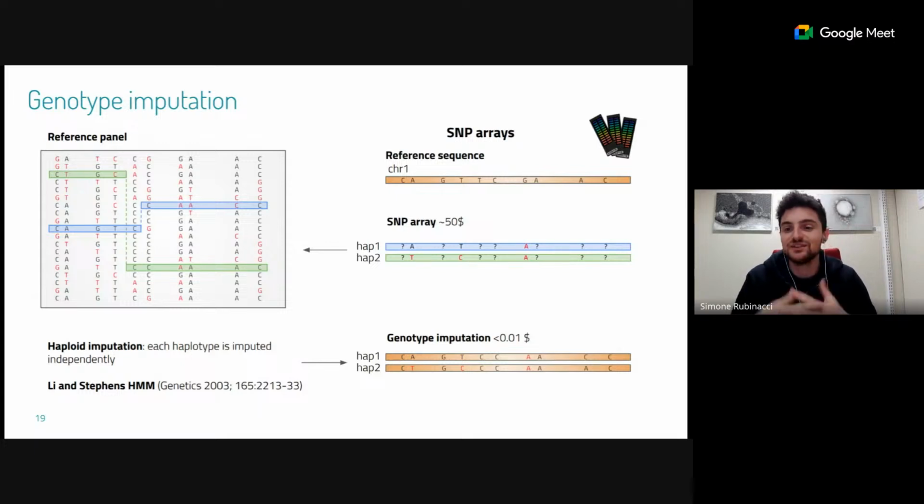To do that, genotype imputation is probably the most common scenario. Genotype imputation is a technique used to infer ungenotyped variants, specifically in SNP array data, by leveraging haplotype sharing with larger whole genome sequencing cohorts, such as the UK Biobank I've been showing before. By using this as a reference panel, we can predict genotypes we don't see in our data. The best-known methods to perform genotype imputation are all based on the Li and Stephens Markov model and share a lot of similarities with the model I've just briefly described for phasing.